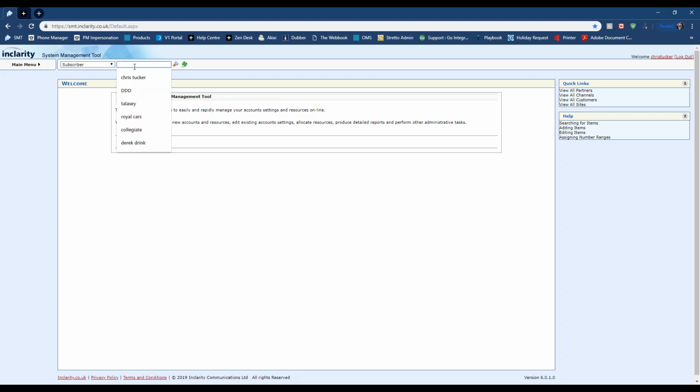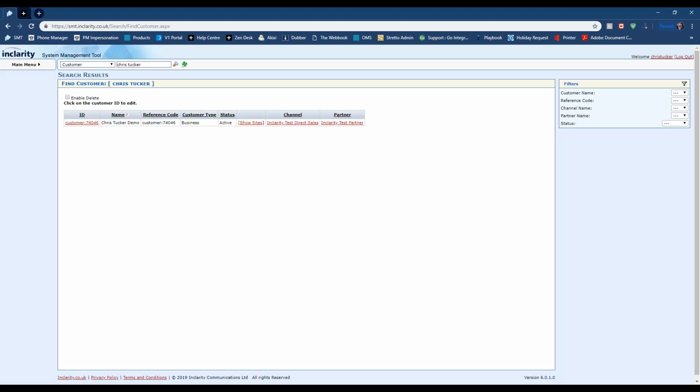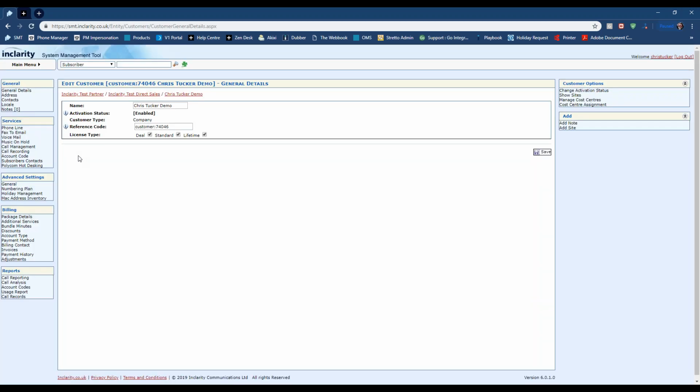So what you would need to do is, first of all, we need to set up the holiday event group itself. To do this, we navigate to customer level on SMT. Click on the group ID of that particular customer. And on the left-hand side now, under Advanced Settings, you'll see an option for holiday management. If we click on here,